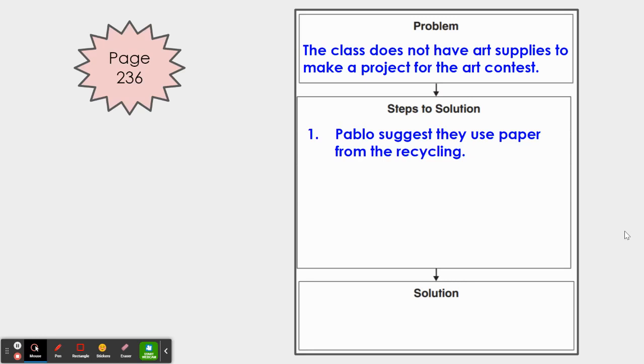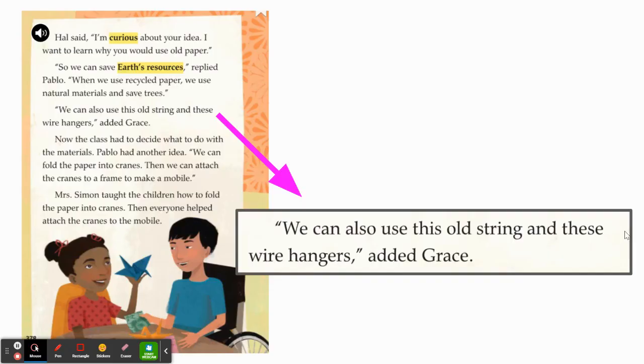Okay, after Pablo suggests using paper from the recycling, since they were out of paper and out of supplies, another student offers another idea. On the second page, I noticed that Grace said,